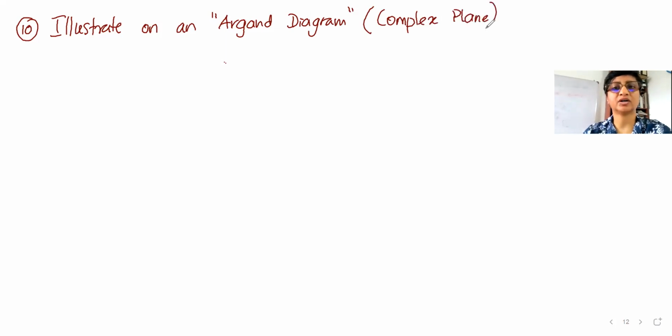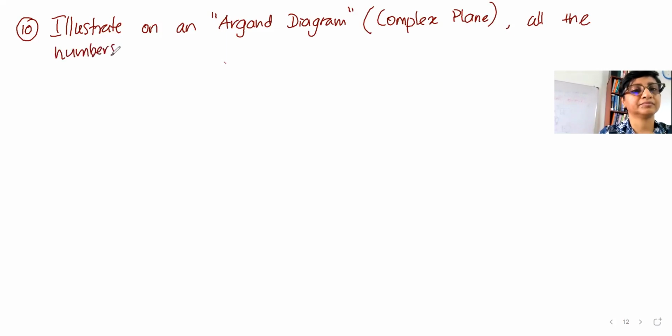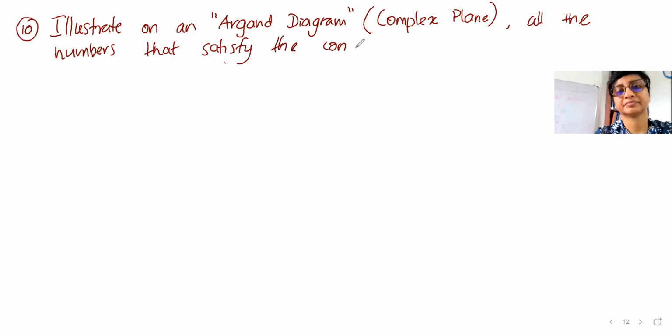Illustrate on the complex plane all the numbers that satisfy the condition. What is the condition? I want the modulus of z, which represents a varying complex number,